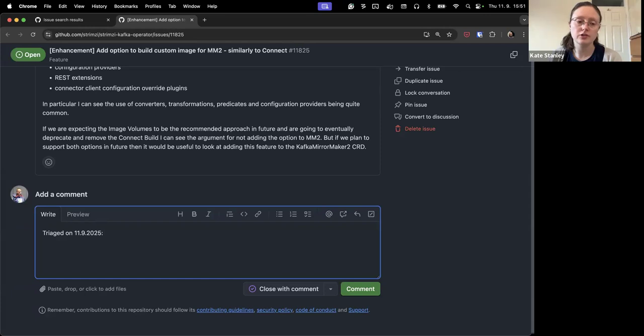What do you think, Lukasz? You raised it. Yeah, well, even with the proposal for Buildah, I was thinking it would be better to just drop it in the future. But I don't know how long it will actually take to support just the Kubernetes versions that have this kind of feature.